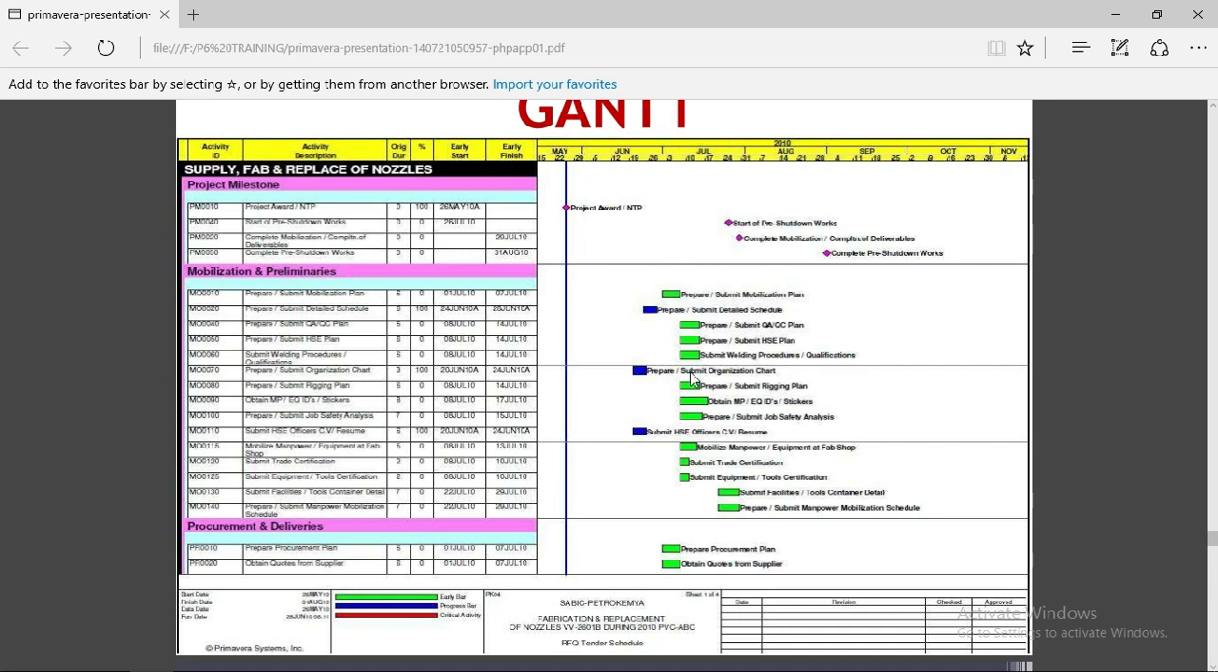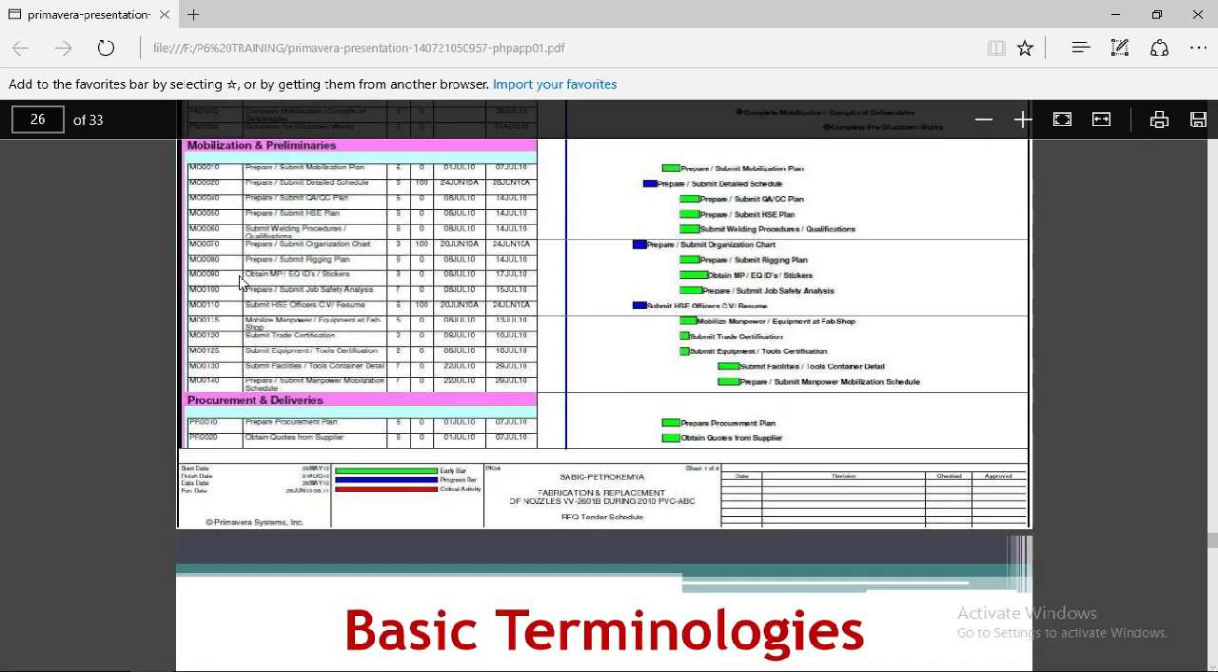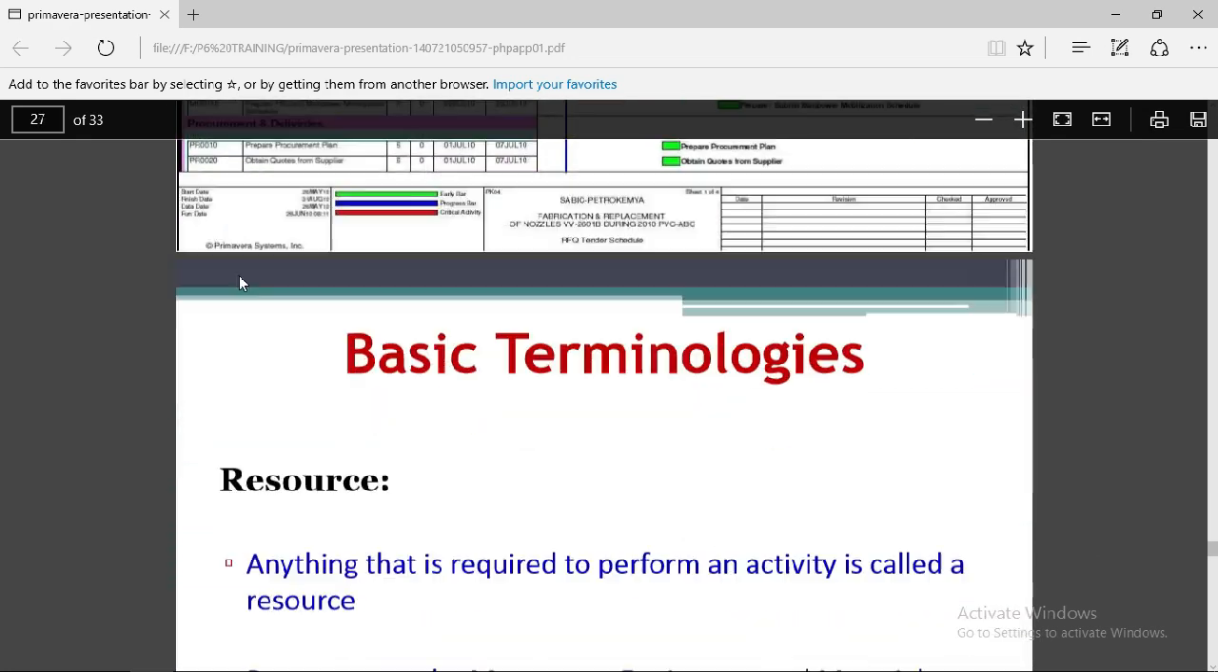These bars show the green bars showing the early start date of the project, and the progress line, blue line showing the progress, and red bars will show the critical activity that cannot be delayed. So this is the Gantt chart. Next,